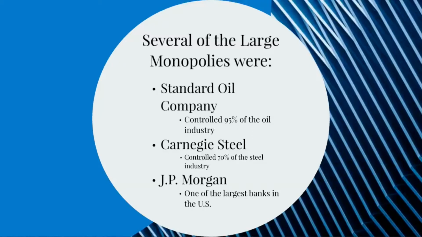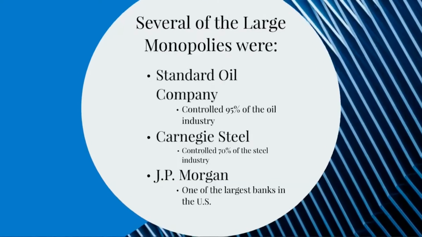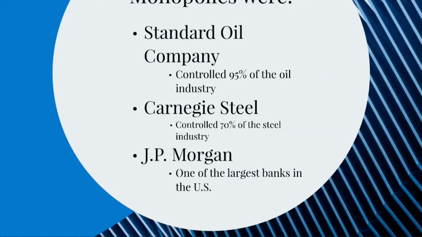Another monopoly was the J.P. Morgan Bank. J.P. Morgan owned many steel companies and eventually bought Carnegie's share of the Carnegie Steel Company for more than $250 million at the time, and adjusted for inflation in 2021, that would be $8.3 billion. Morgan combined his previously owned steel companies with the Carnegie Steel Company to form the United States Steel Company, which